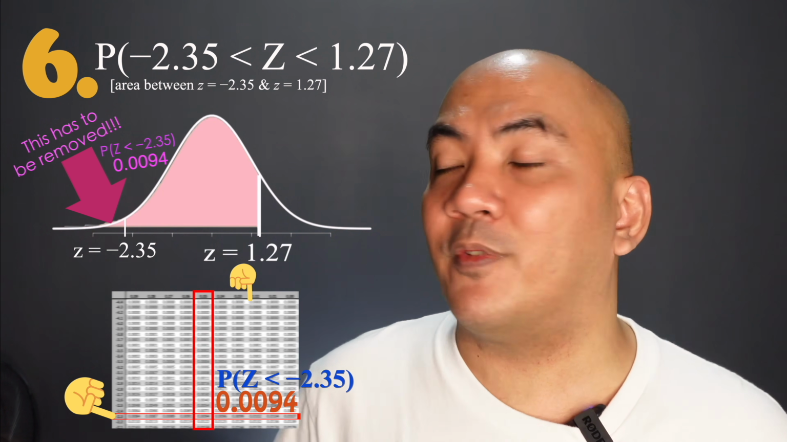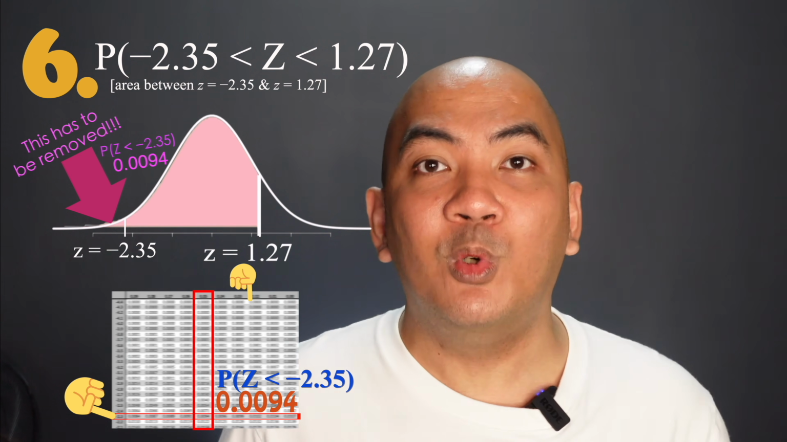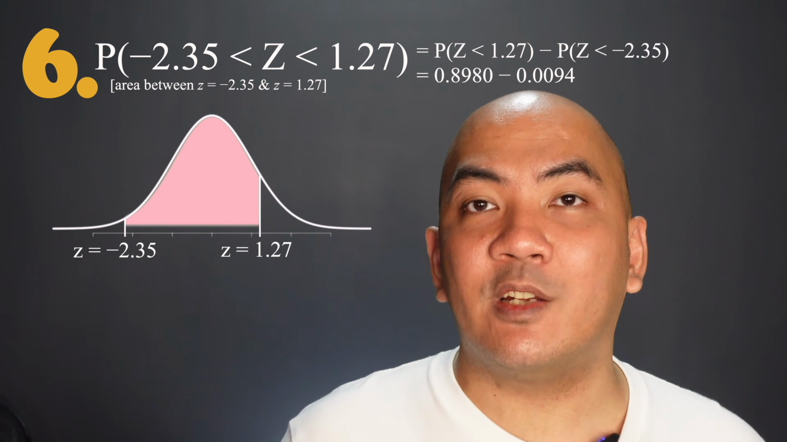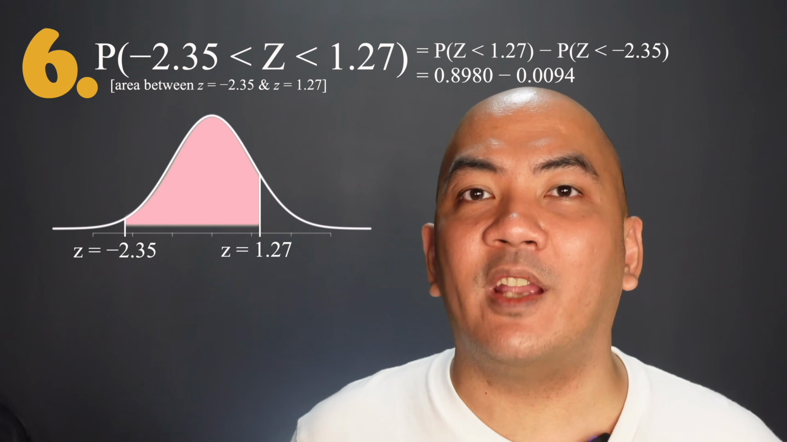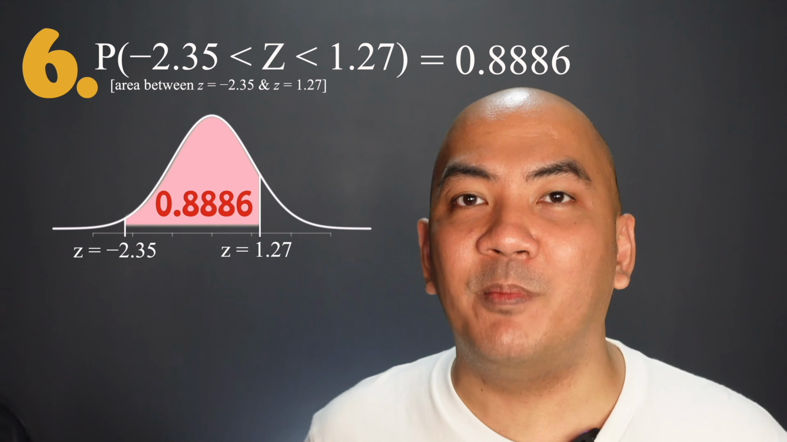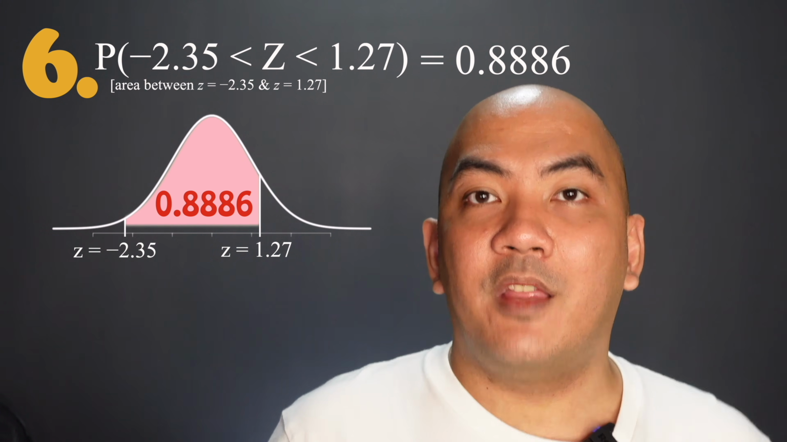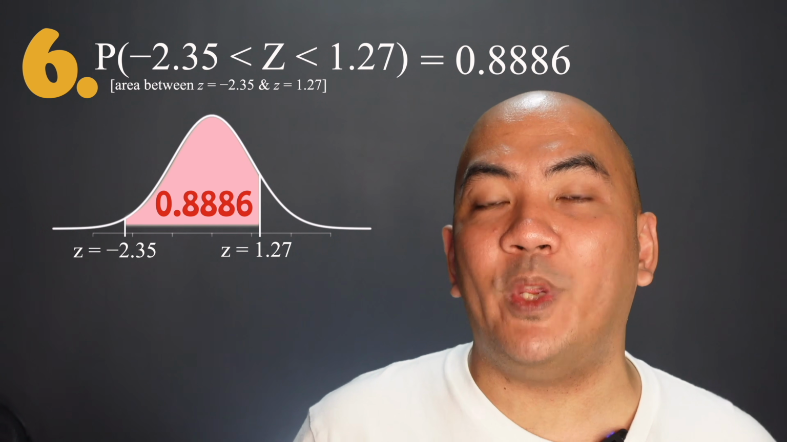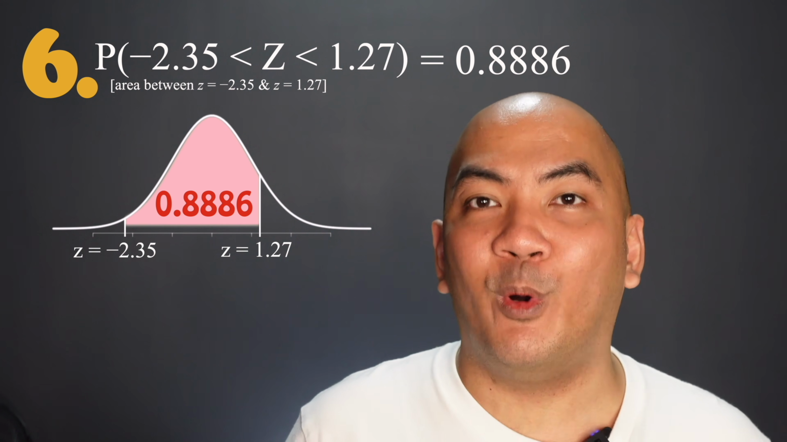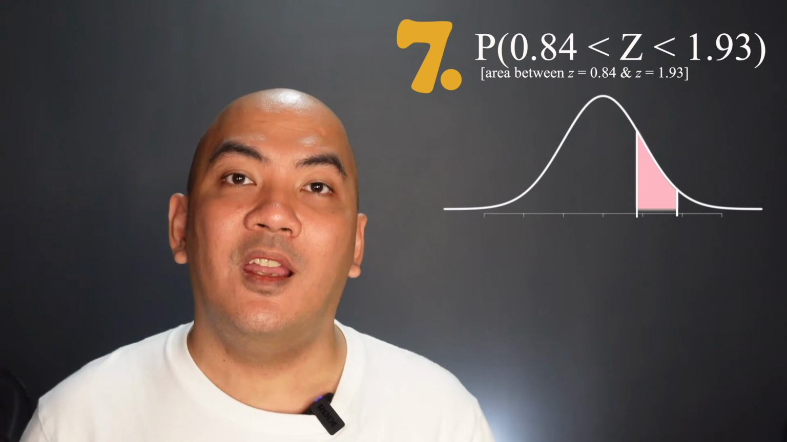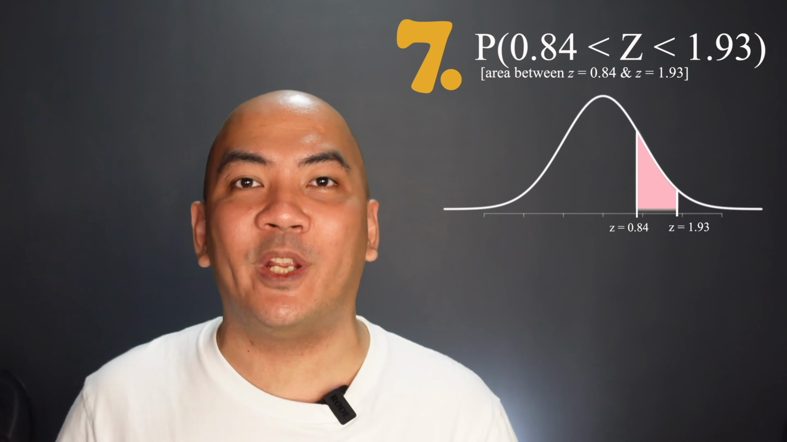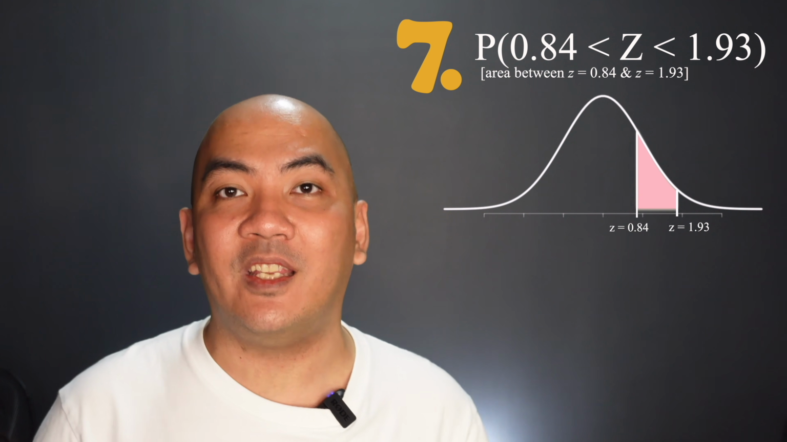And that is the part of this region that we have to remove. Subtracting 0.8980 with 0.0094, we are going to get 0.8886. And that is the probability that we're looking for. Thus, the probability of z to be between negative 2.35 and 1.27 is 0.8886. And similarly, if we're trying to find the probability of z to be between 0.84 and 1.93, all we